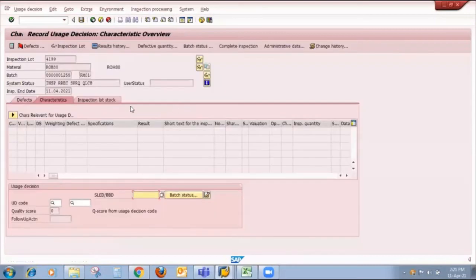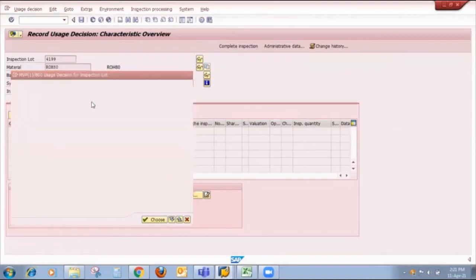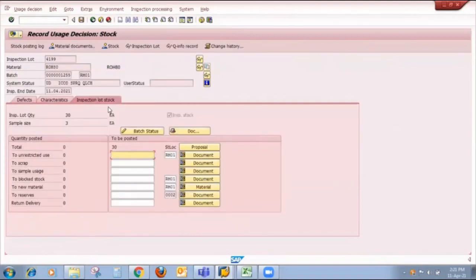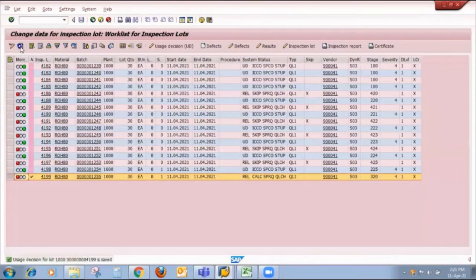It means the next 3 inspection lots we need to accept properly. Save it. Once saved, the system gives me the usage decision completed system status.